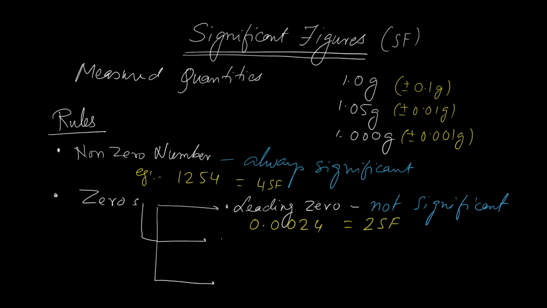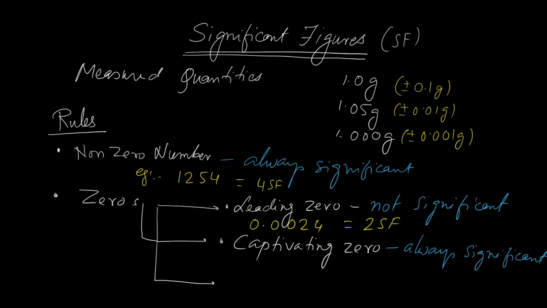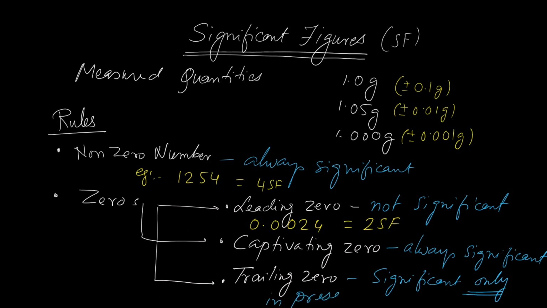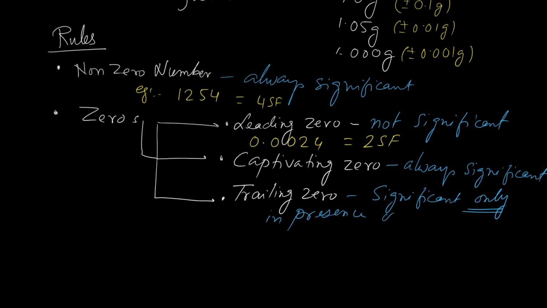The next class of zeros are the captive zeros. Captive zeros appear in between two non-zero numbers, and they are always significant. The third group of zeros that we see are the trailing zeros. The trailing zeros are significant only, and this is important, only in the presence of a decimal